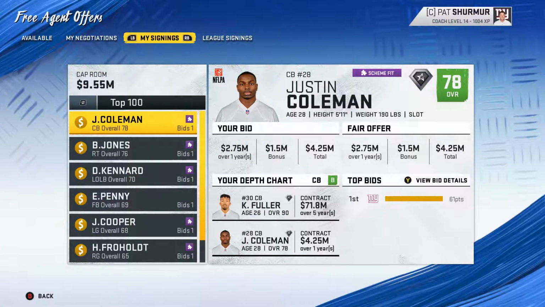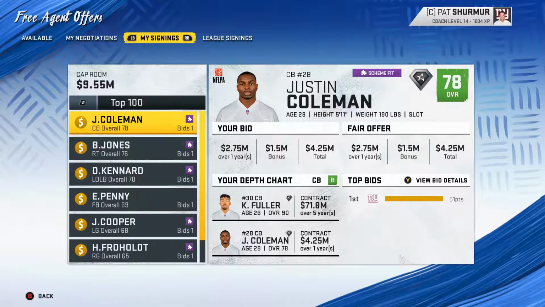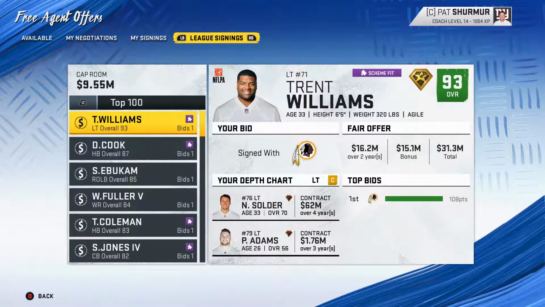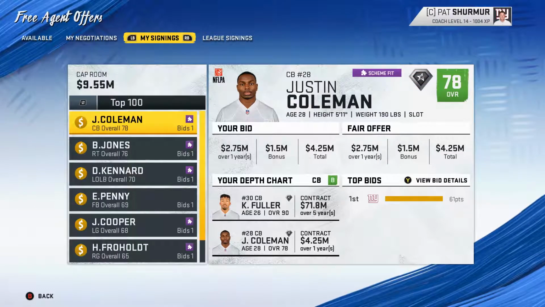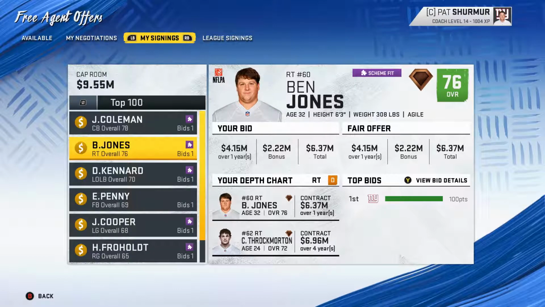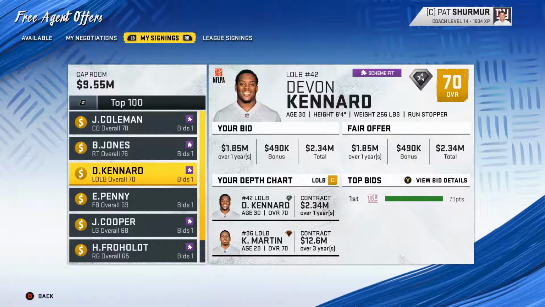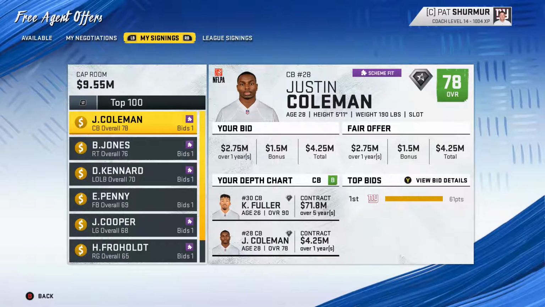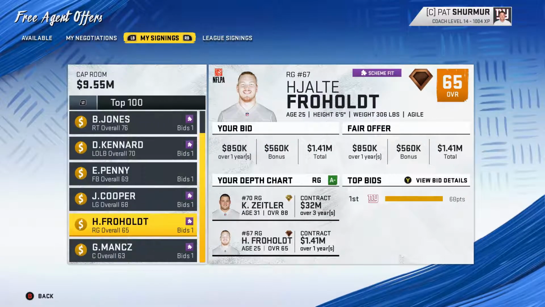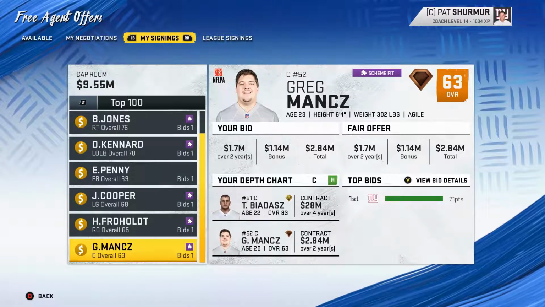So here are my signings. Unfortunately, we did not get Trent Richardson, I believe it was. Yeah, or Trent Williams, excuse me. He went back to the Redskins. They put so much money into him. But we got some solid depth. We did pick up Ben Jones back, maybe for a little too much. Maybe we reached, but it's okay. Got another corner. We got our fullback, picked up a left outside linebacker, and then we just got